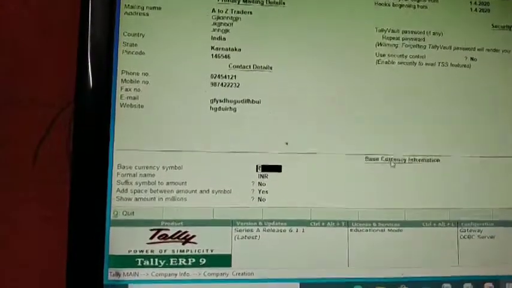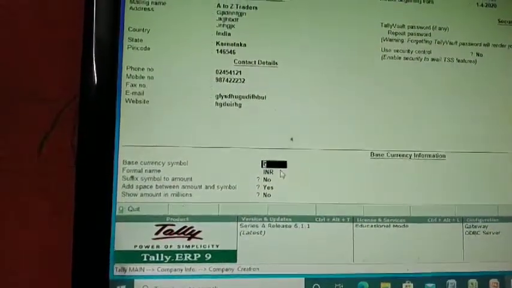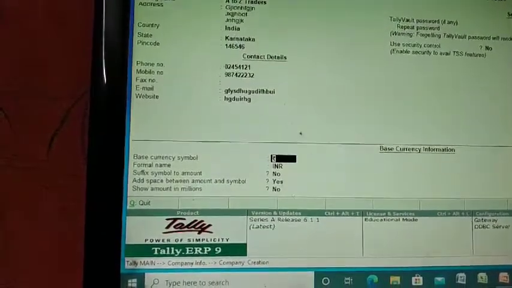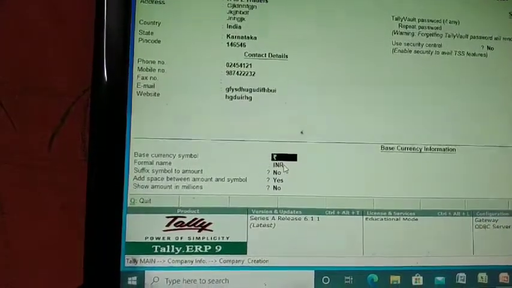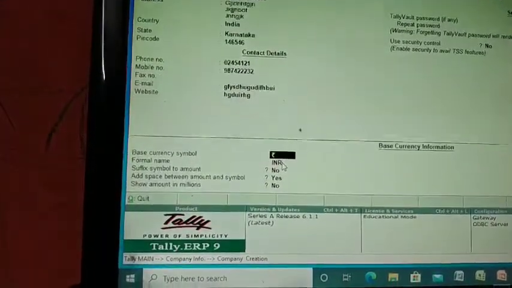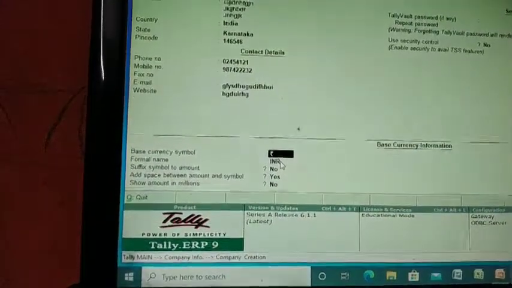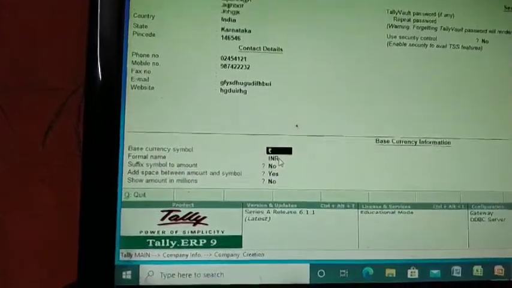Next, the cursor will move to base currency information. That's about your currency information. For example, if you are in India, the currency will automatically show the rupees symbol, and if you change it to some other country, it will come as whatever that currency symbol is.